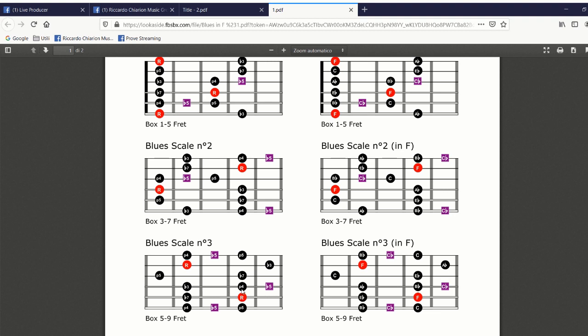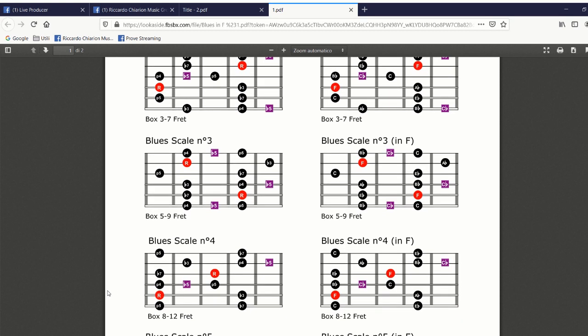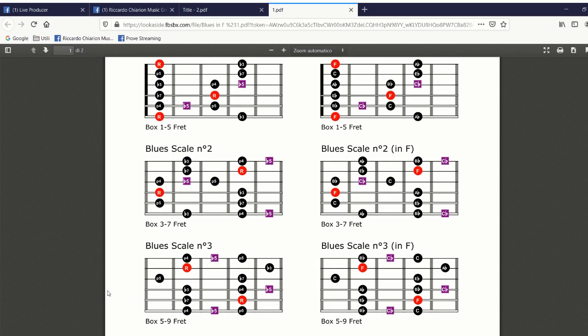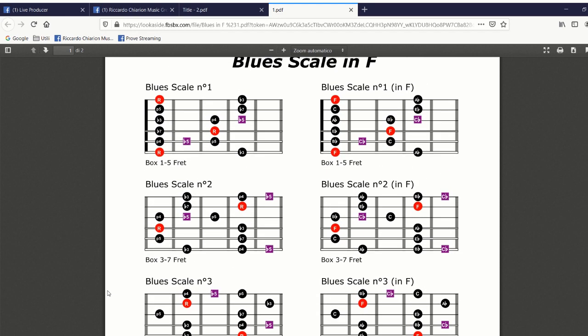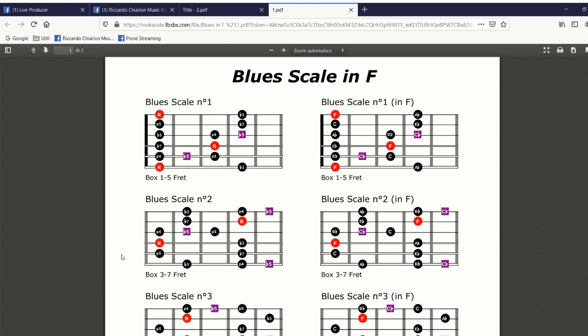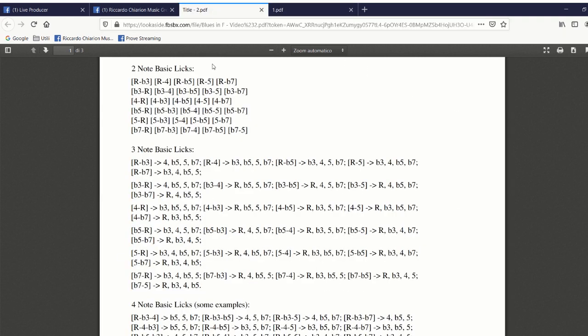Root, flat third, perfect fourth, and I can play this easy melody everywhere on the blues scale in different fingerings. So I can repeat this with all of these phrases. Of course, remember, we don't have to play all of these phrases to play the blues, but this could be